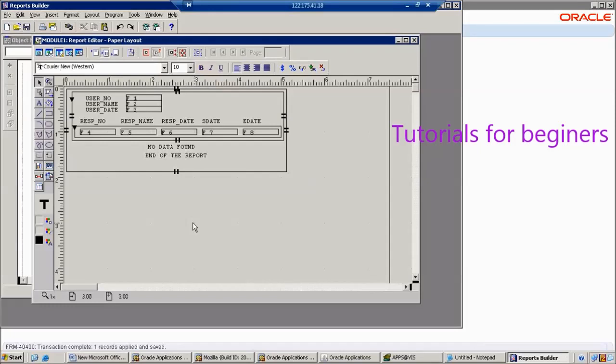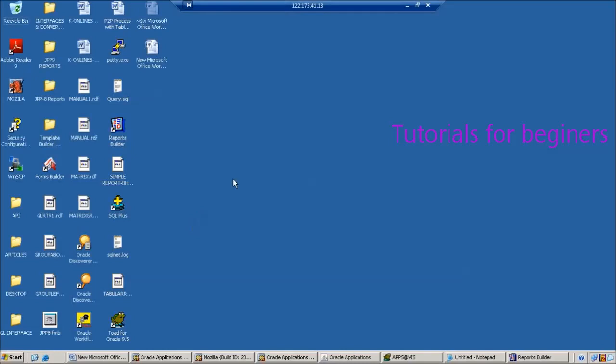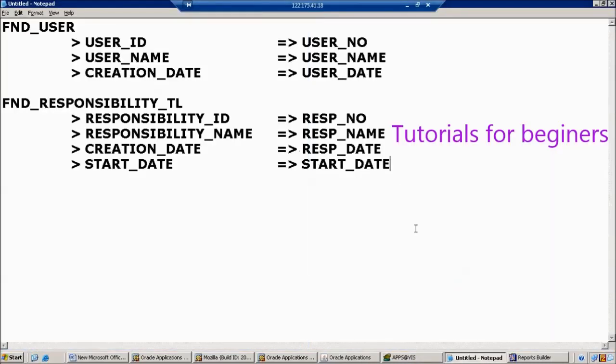Clear, all of you? Is there any question or any doubts? Have you got the clarity? So this is the actual way used to develop a report, right? Then tomorrow we will work on other components.